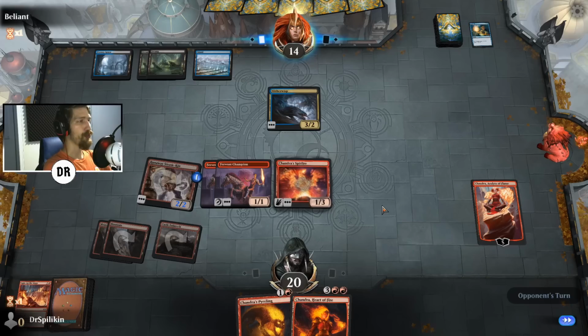That was a pretty good turn, though, all in all for us. We got down 2 Fervents, a Chandra Spitfire, and a Chandra Acolyte of Flame. So altogether, 8 mana's worth with only 3 lands. That's not too shabby. Now, if our opponent holds up the 4 mana,